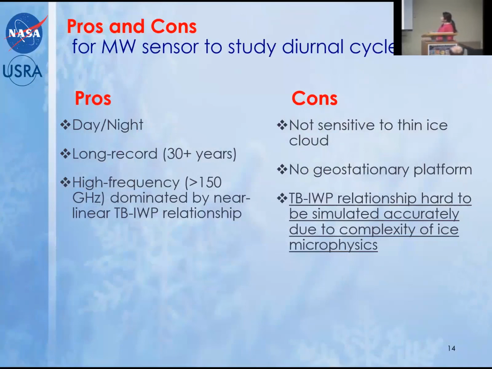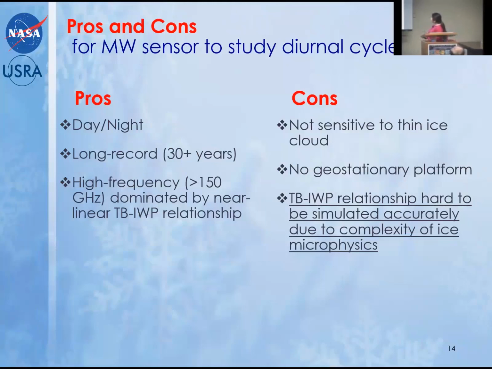But the cons is also apparent. It is not sensitive to thin ice clouds, so it will not be able to see all those infrared clouds. And there's unfortunately no geostationary platform, because microwave sensor needs a big antenna, and it's hard to carry out to the geostationary platform. So we have to deal with that. It's very hard to get a diurnal cycle from microwave sensor compared to geostationary satellite, the infrared or visible